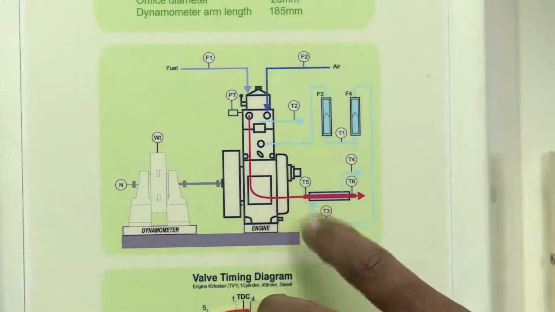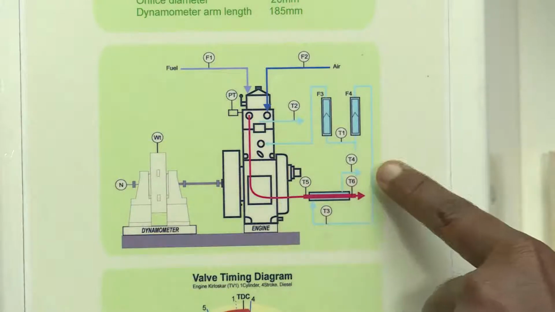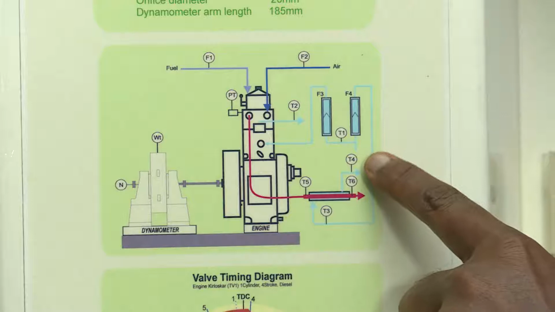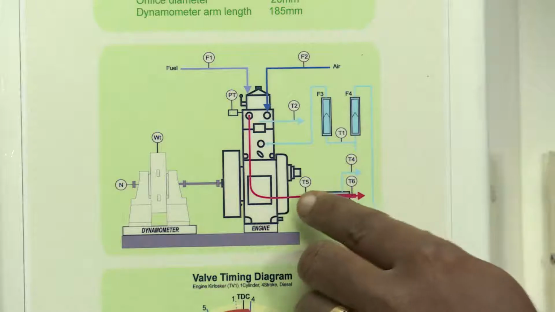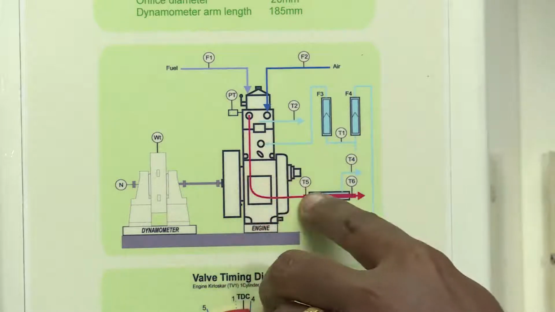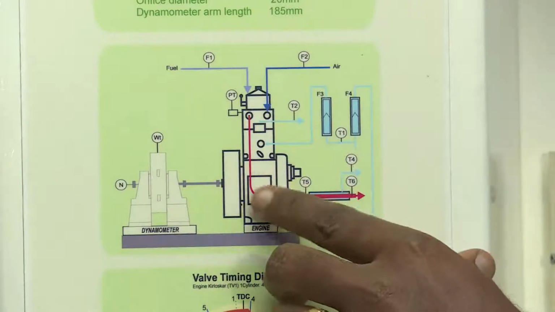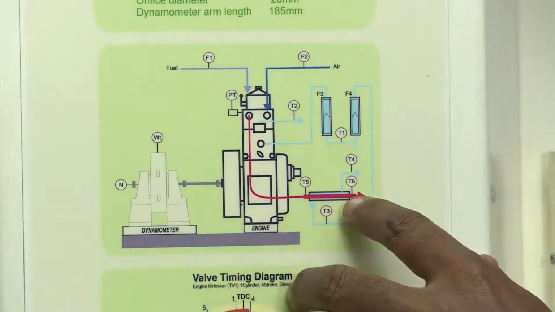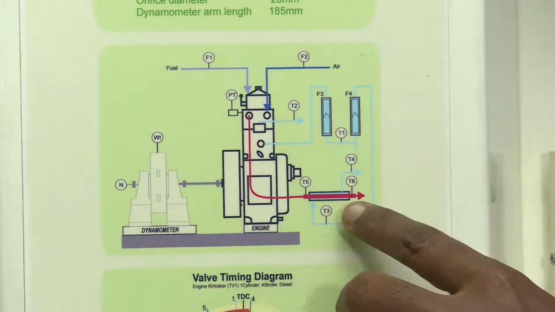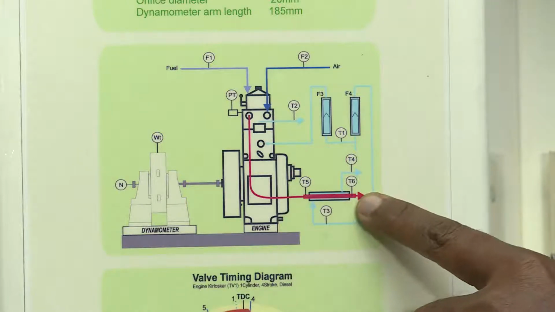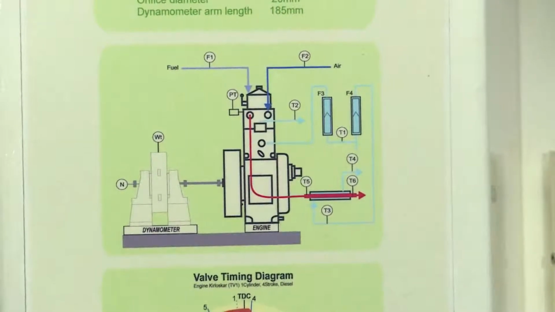The water enters the calorimeter as T3 and comes out, taking the heat of the exhaust gas, as T4. And T5 is the exhaust gas inlet temperature, because you know the water is circulating through the calorimeter. So, the exhaust gas entering the calorimeter is cooled by the circulating water, and the temperature of the exhaust gas is reduced and comes out as T6. So, these are all the T1 to T6 temperatures, which will be essential to calculate our heat balance.